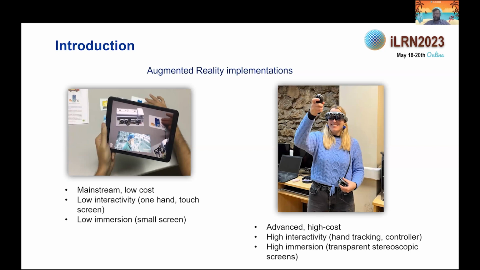The use of augmented reality in recent years expanded quickly. This is due to technological advancements in our mobile devices that basically allowed us to build and create a variety of mobile applications that are heavily based in augmented reality technology. This approach basically allowed us to explore several use cases of augmented reality in a number of fields, including, of course, education. However, even though we can safely say that augmented reality has matured quite a bit in recent years, there are certain limitations. As you can see in the picture on your left,